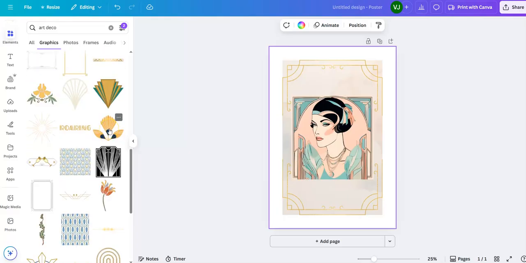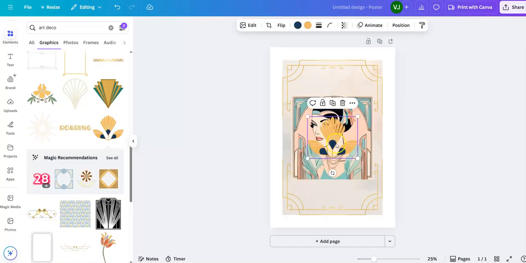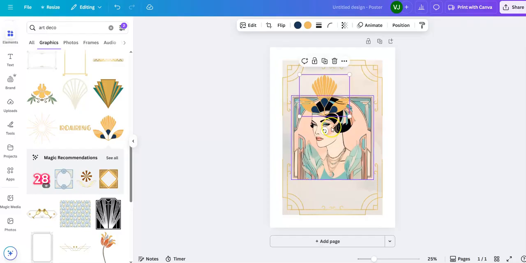This one's quite nice. That could be a hair piece. Let's have a look. Going to bring it up here. I'm holding down my left key. I'm going to release it. Can you see these little arrows here? I'm going to turn it so that it fits